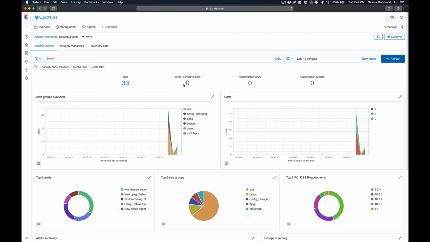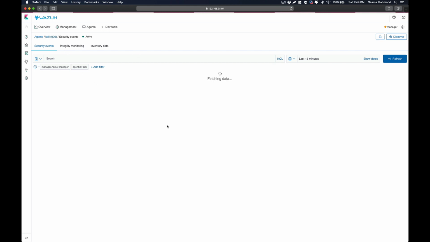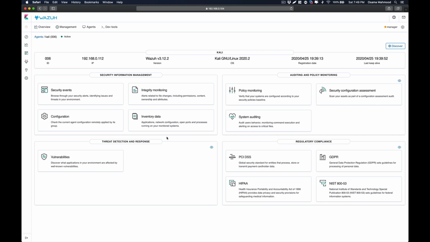Hello friends, so in this video we are going to be taking a look at how to enable vulnerability detection on Linux systems that are registered with your Wazuh manager. So first of all, you need to register all your Linux boxes with the Wazuh manager. And once you have done registering all your Linux systems on the Wazuh manager, what you need to